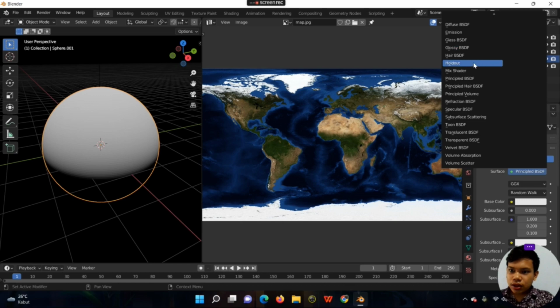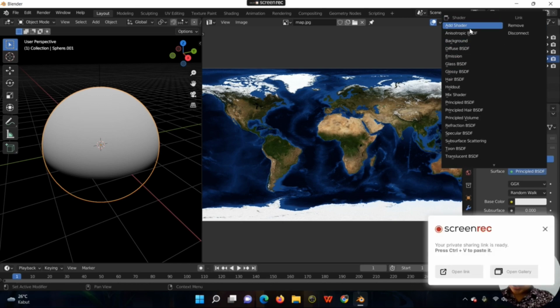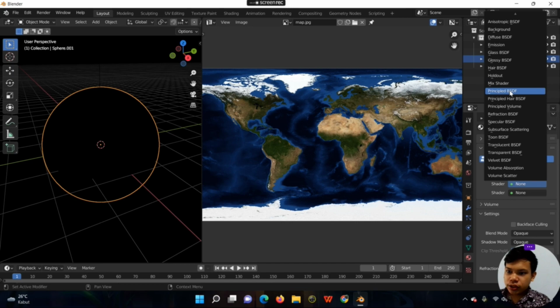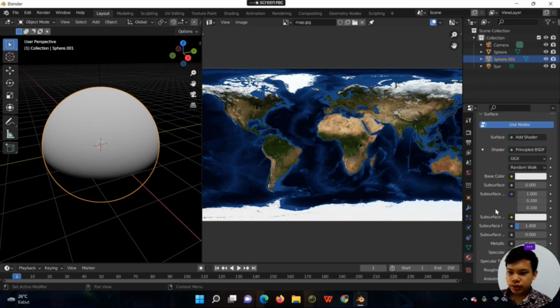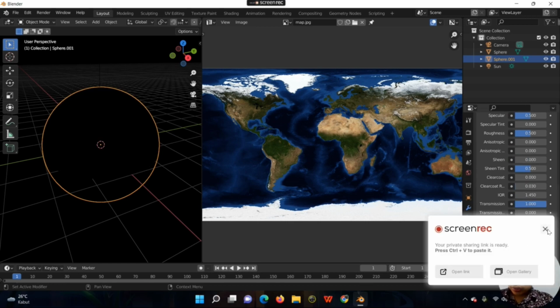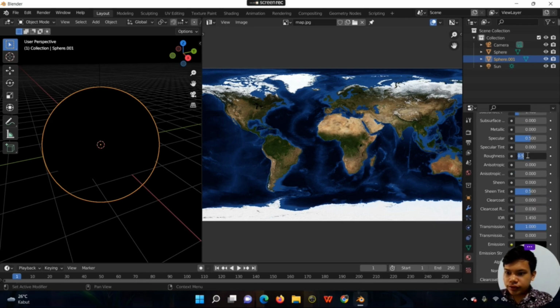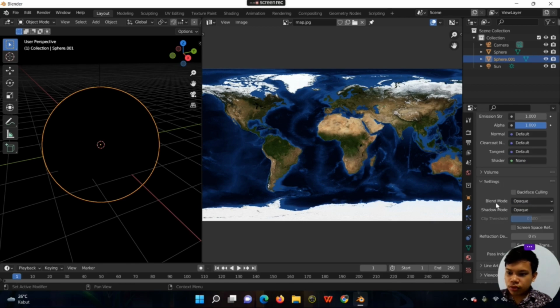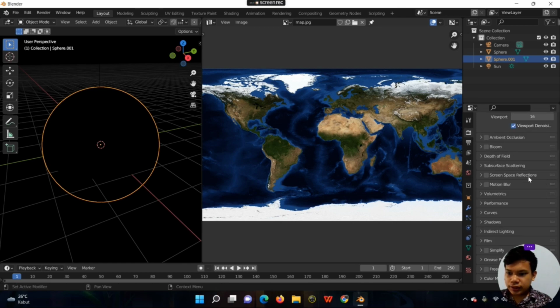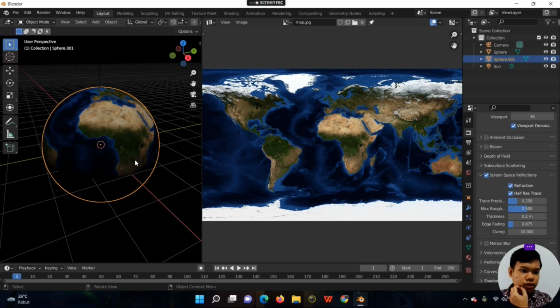go to surface. We are gonna add shader, choose the add shader, and then set the first shader to principled for the transparency, and we're gonna change the transmission value to 1, and then the roughness to 0. And now we're gonna enable the screen space refraction so the earth is visible, and then go to the render properties and then enable the screen space refraction and then refraction, and now the